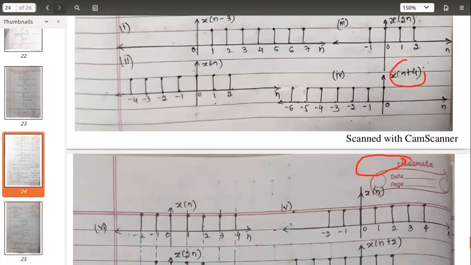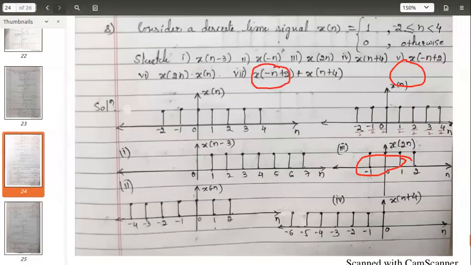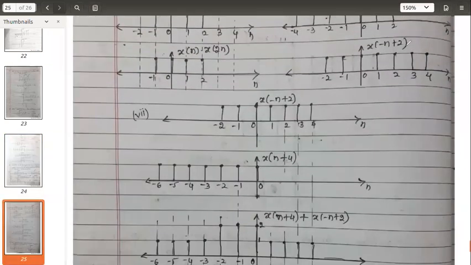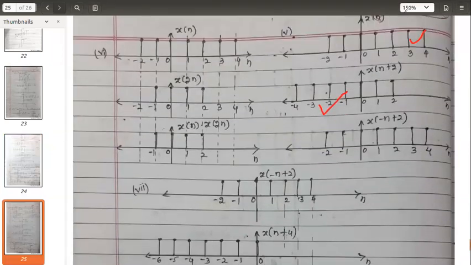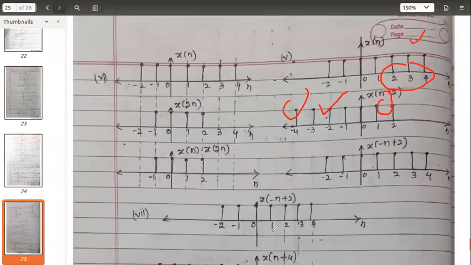This result is for the next question. If you see the next question, it has one value, and the second value we have already calculated. These two we should add. These two answers we should add. So what I have done here for the next question is redraw whatever I have got here. I have drawn it one more time, and n plus 4. Whatever n plus 4 we have got, minus 6 to 0, I have redrawn it.